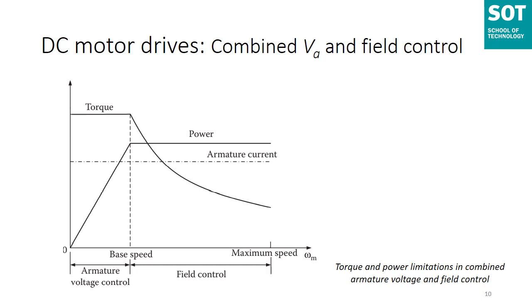See, what is happening is in a speed range lower than the base speed, the armature current and field are set at their rated values and hence they produce rated torque. From the equations which we have seen in the previous slide, it is clear that the armature voltage must be increased proportionally to the increase in speed. So at the base speed, the armature voltage reaches its rated value, which is equal to the source voltage, and hence cannot be increased further.